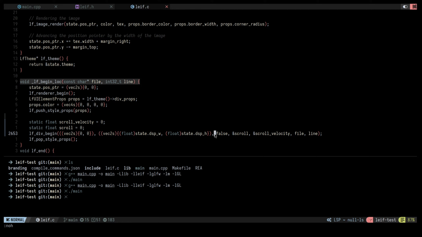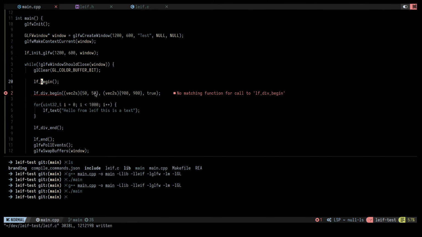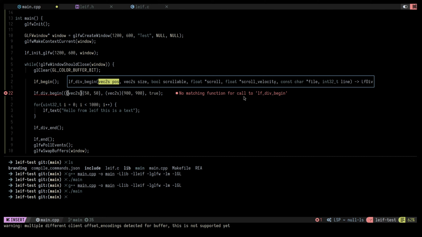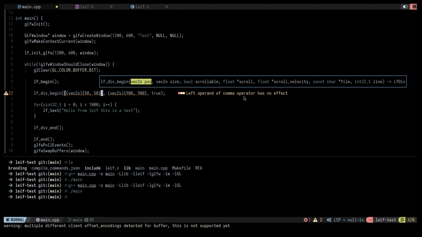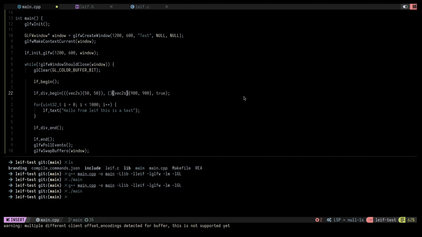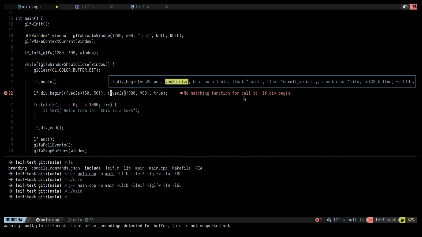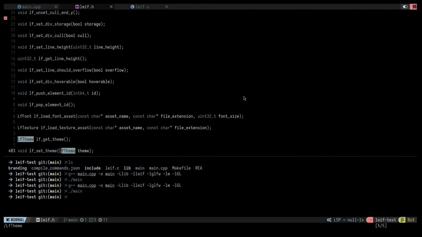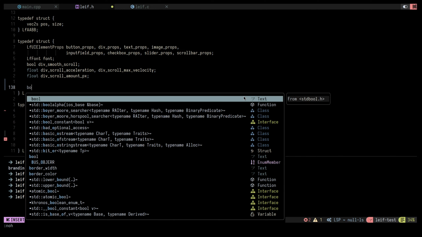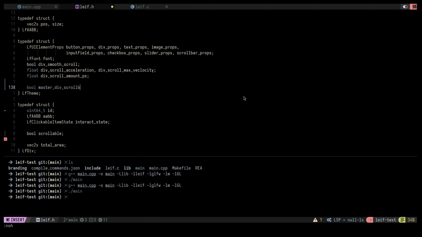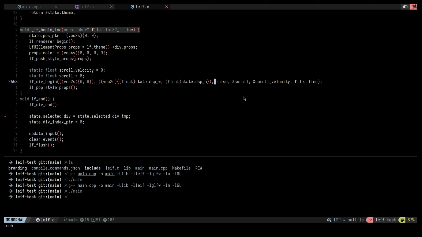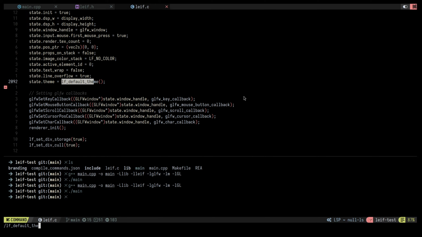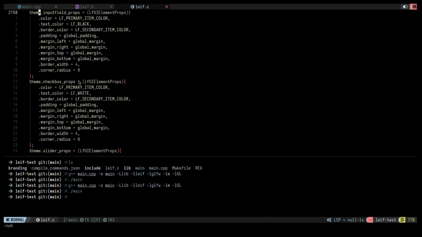Yeah. Okay, so the master div is not scrollable. I don't know if that's even a good design choice for the master div not being scrollable, because then stuff's not going to be scrollable. I think that should be something that you could specify in the theme. So let's quickly do that. That's pretty easy. So let's go into lf theme, and then bool master div scrollable, and go into LF default theme and say,